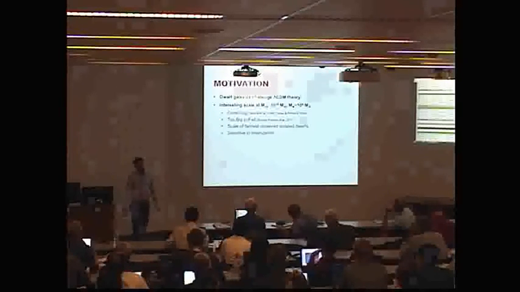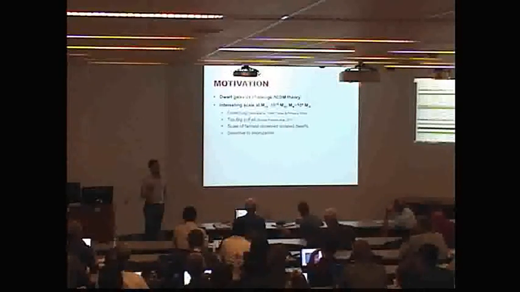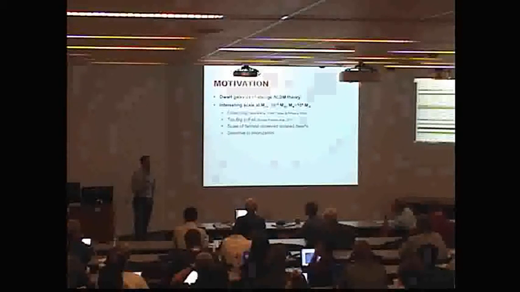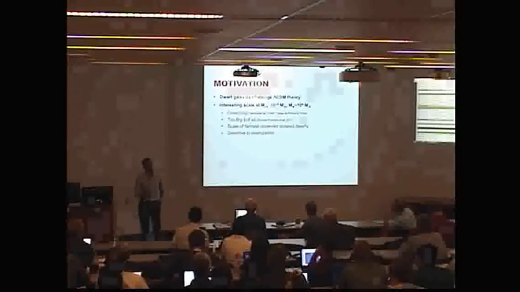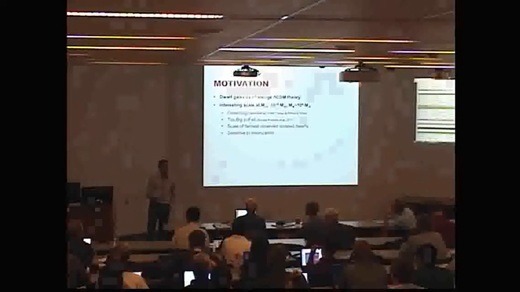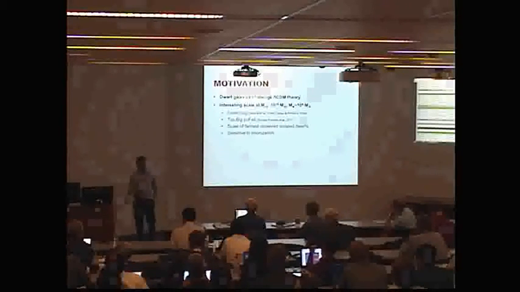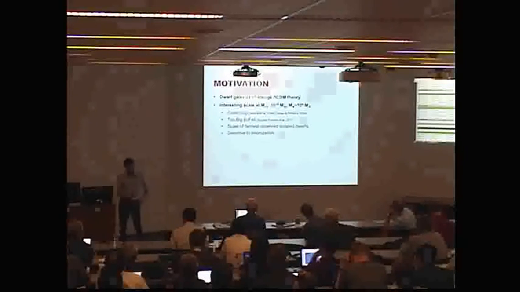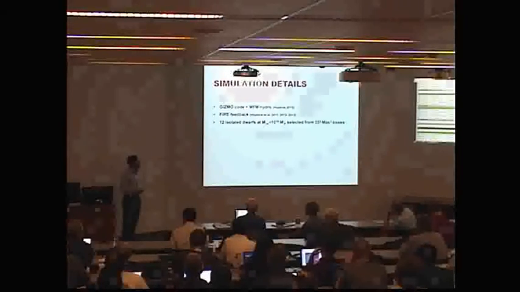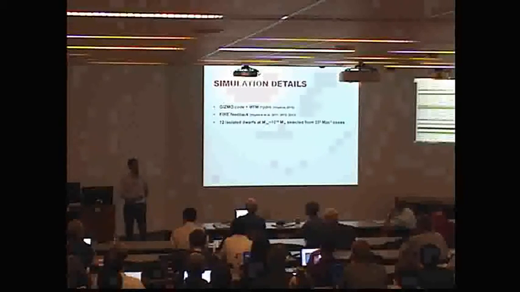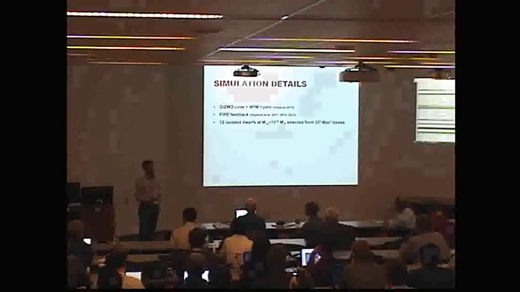And then finally, the dwarf galaxies at this scale are thought to be at the threshold where reionization can have a dominant or an influencing role in the galaxy formation of these dwarfs. And so they can be very sensitive to reionization, and they can be a strong tool for reionization. So I just want to go into the details of my simulations. Those were the motivations why I would want to simulate dwarfs of this size.